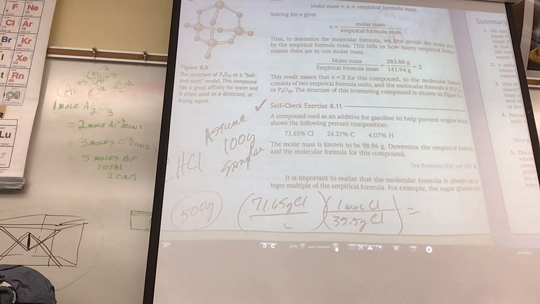Again, I think I told you, in my experience when I was younger, I could get to the point where I changed them all to moles. And then I had these three ugly looking numbers looking at me, and I didn't know what to do. What do you do when you have three ugly looking numbers looking at you? What's that math trick that's gonna make it into more of a whole number ratio? What do you do? Divide by the